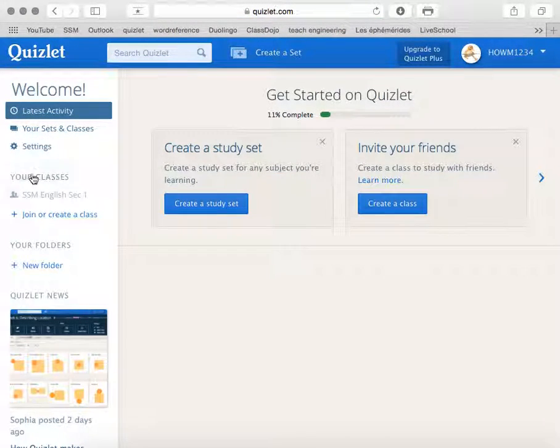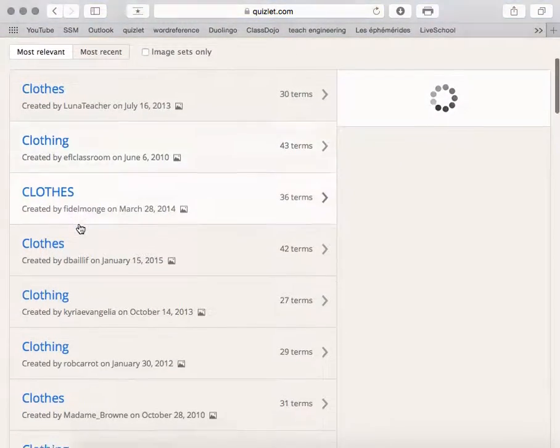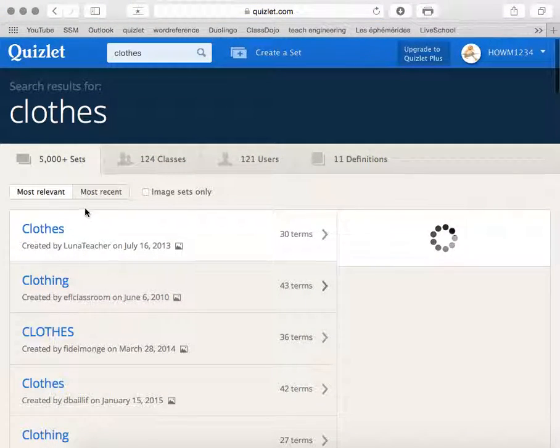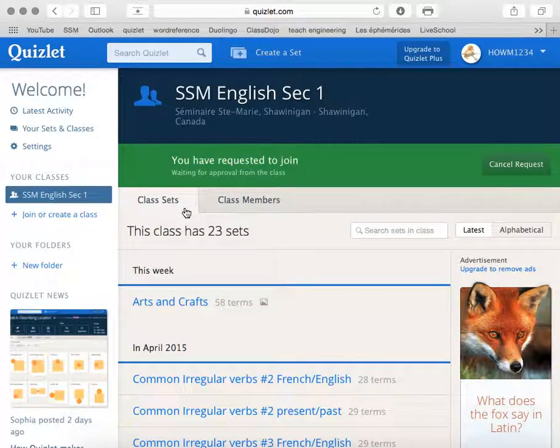And you return to your Quizlet page, and if you remember, we signed up for a class where you will find all of your Quizlets that you must learn, but you can go and search for any Quizlet that you want. Let's say I wanted to practice close in English. I type and I see all kinds of different examples of Quizlets that people have made using close. Okay? I return to my home page. If I go to SSM English Sec 1,